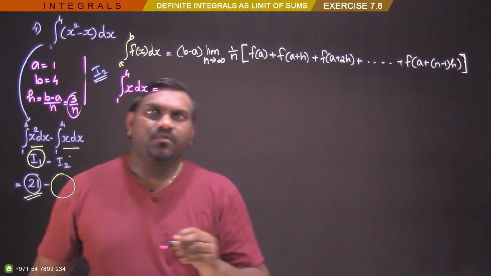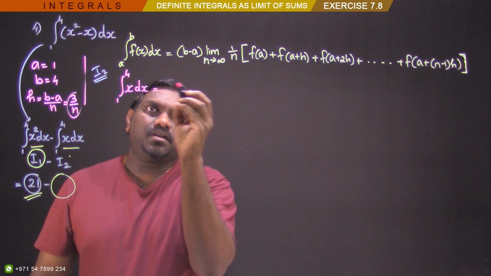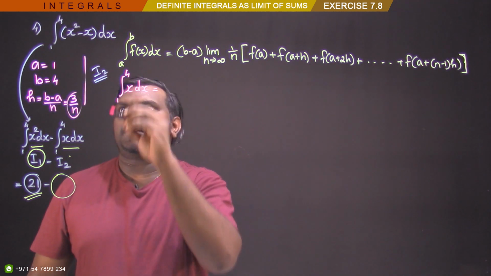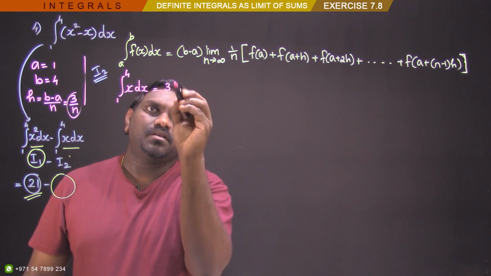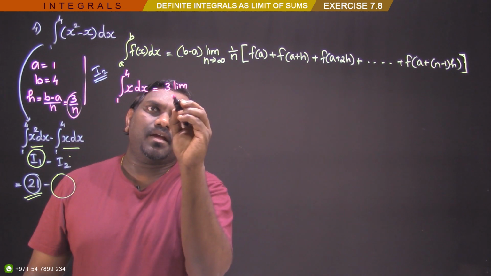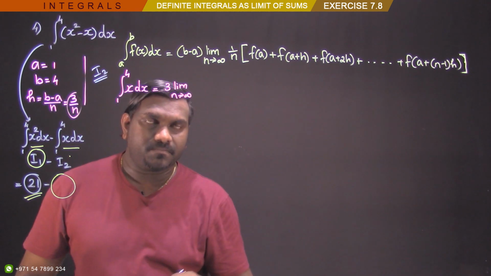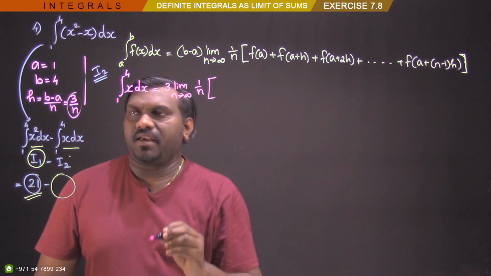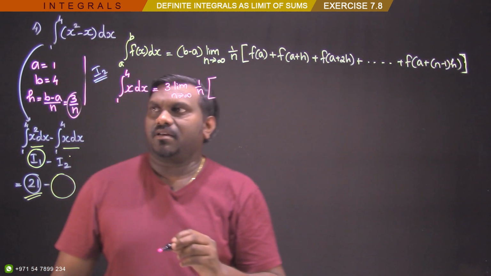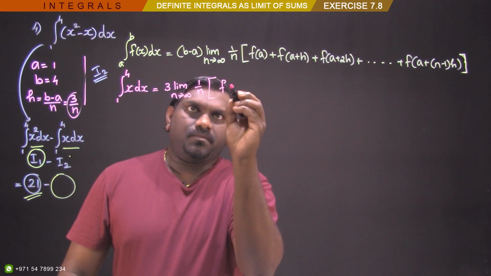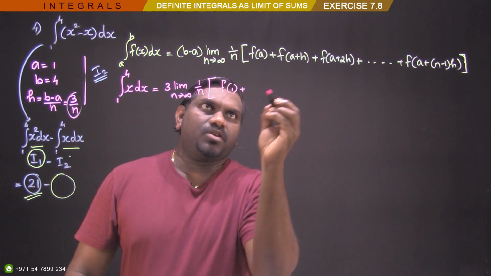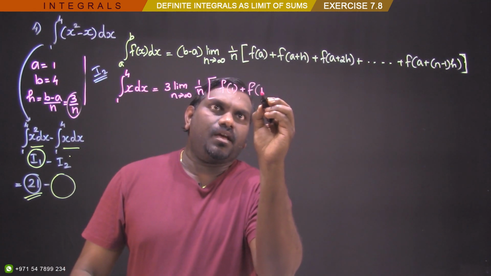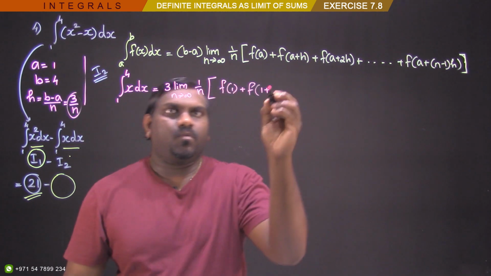So if I'm going for the sum, with this formula, dear, this is gonna be b minus a. What is b minus a? It's gonna be 3. 3 limit n tending to infinity, right? 1 by n, and then f of a, and a is 1. So f of 1 plus